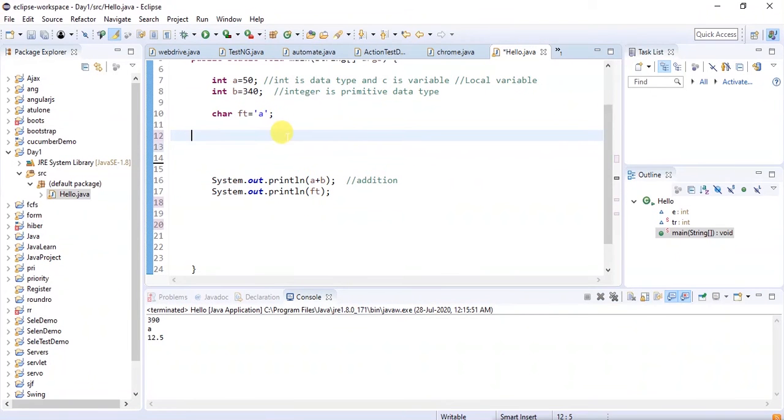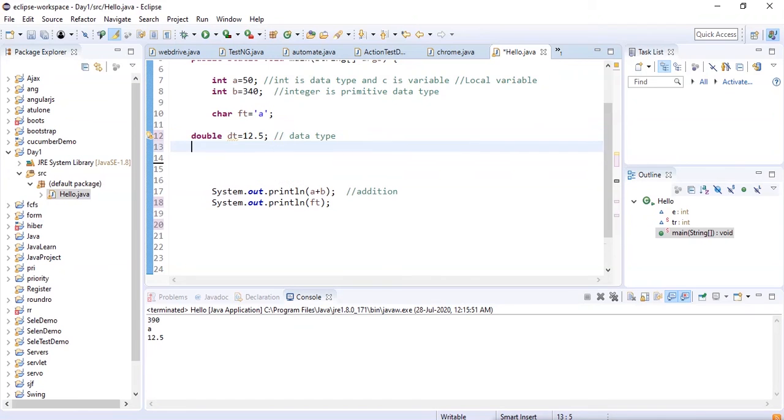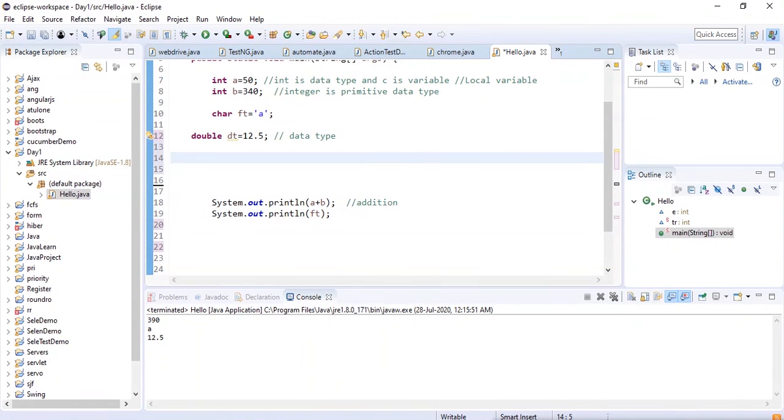So there are more data types. We have double as a data type. For that we can use dt and 12.5. This is our double, which is also a data type in Java. And we have boolean as a data type.